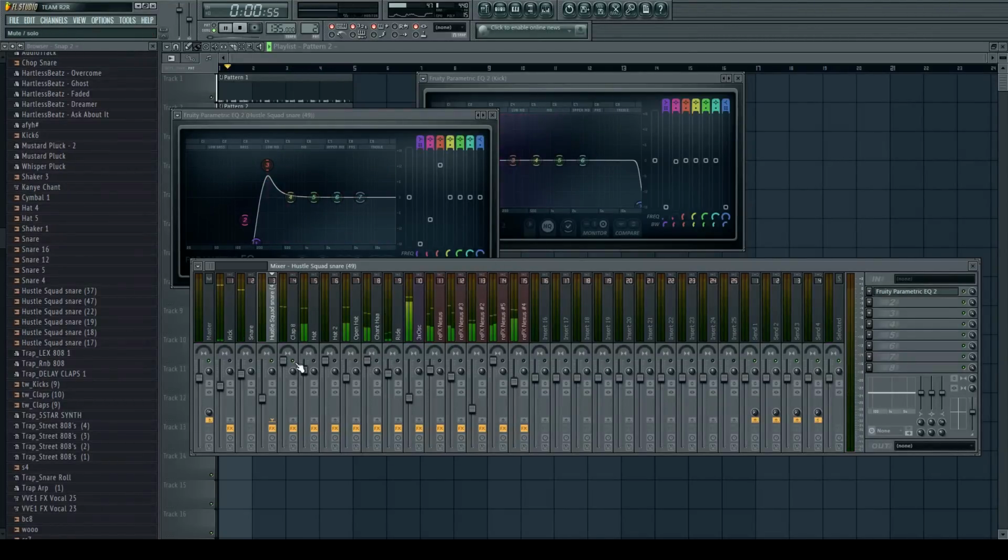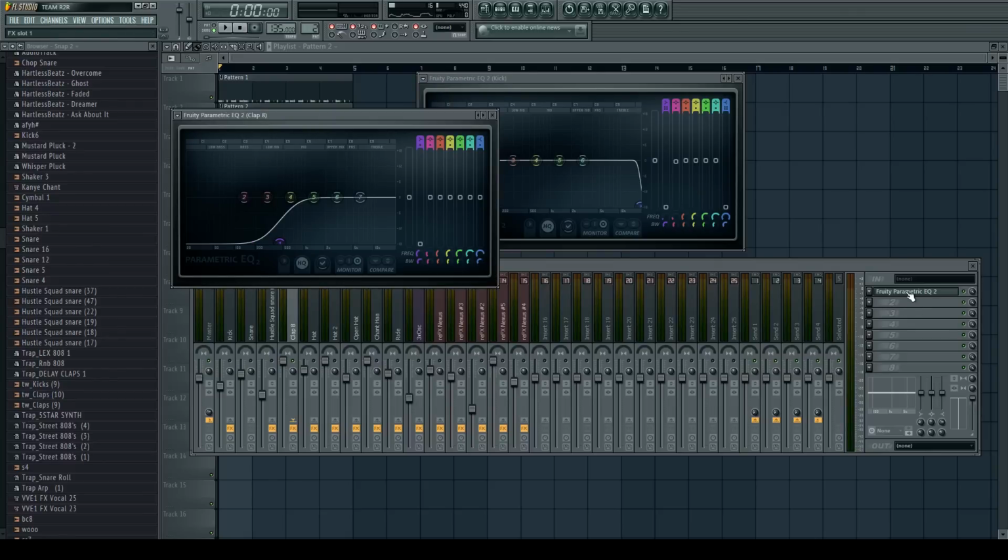There we are. That's only for a layer. That's not going to be one of my main snares. And then the clap, because it's already mixed, all I had to do was take off the mid a little. If I put some general layer on that, this is what it sounded like. So I just got rid of a bit of that bassy sound, so it gives more room for the snare,